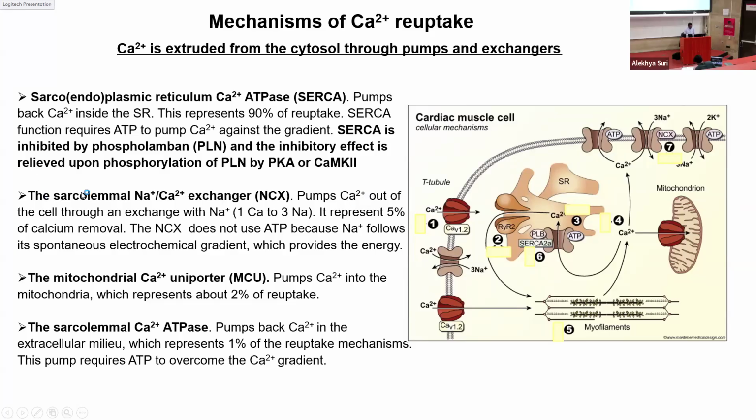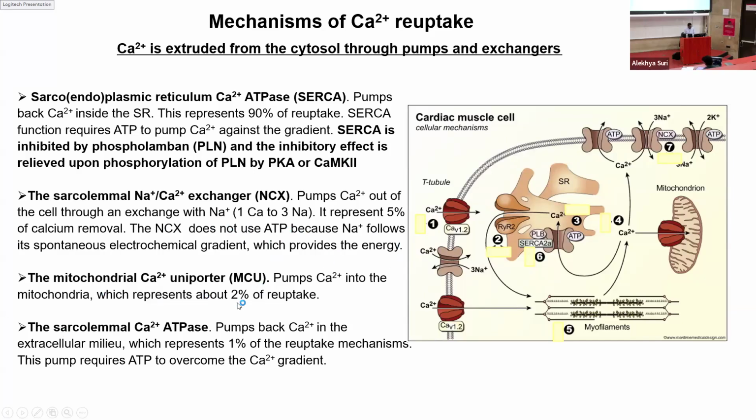And the second mechanism is through the sarcolemmal sodium calcium exchanger. Here, the calcium will be exchanged for sodium ions. So it will exchange one calcium for three sodium. And this represents 5% of the calcium removal. So 90% of the calcium is removed by the sarcoplasmic reticulum, which is restoring the calcium back into the SR for the next contraction cycle. But 5% of the calcium will be pumped out, and thereby it will bring in some sodium ions. And as I said before, sodium is important for muscle repolarization. So the sodium calcium exchanger also plays an important role in muscle